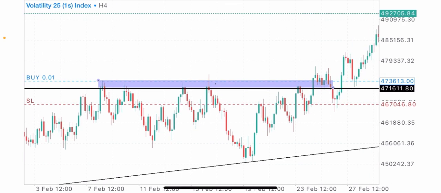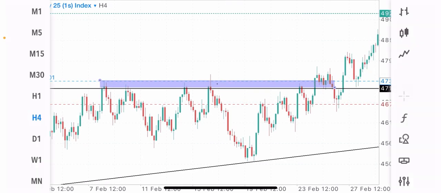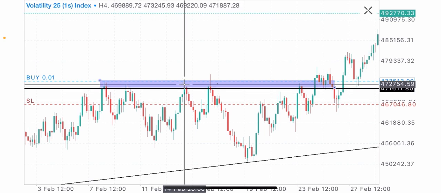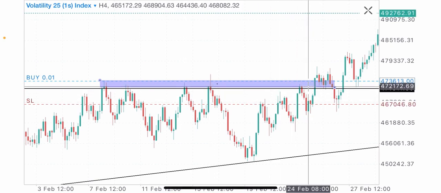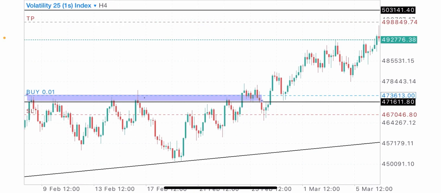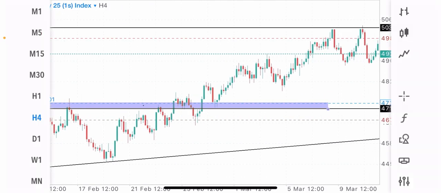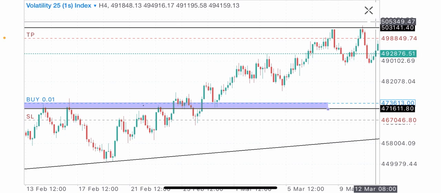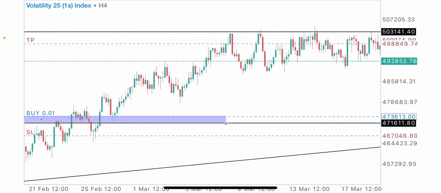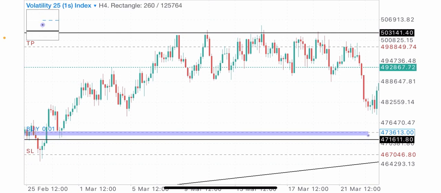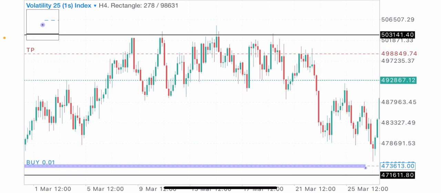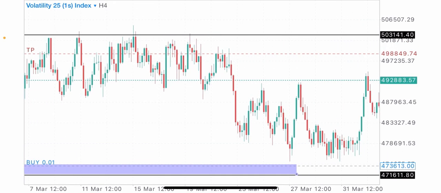So we can see that we had multiple touches on that level. We can count with me. We had 1, 2, 3, 4, 5. Okay, we had 5. Let me keep dragging it. We had 6 points, and I usually tell my students that 5 to 6 points are clear enough for you to see that that place is a strong support or resistance